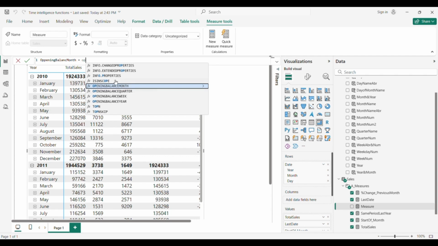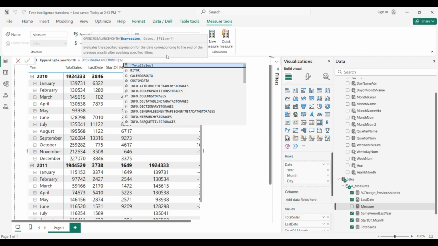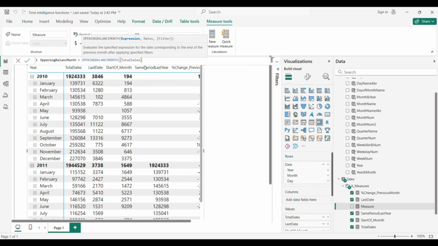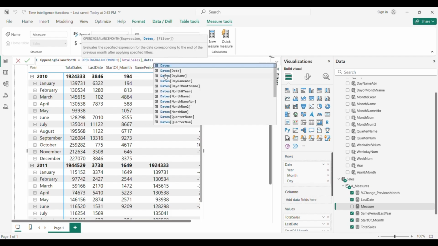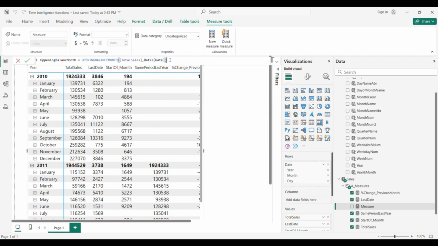We also have quarter, week and year, and we just need to add total sales, dates, and we can also filter if we need.